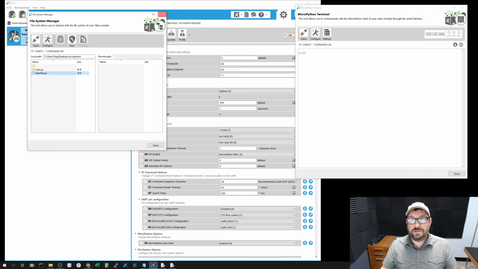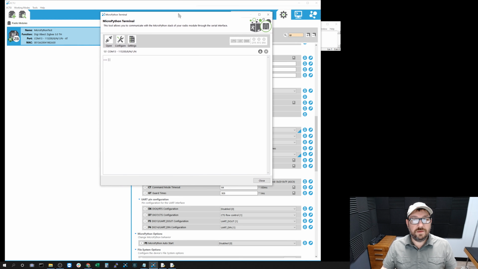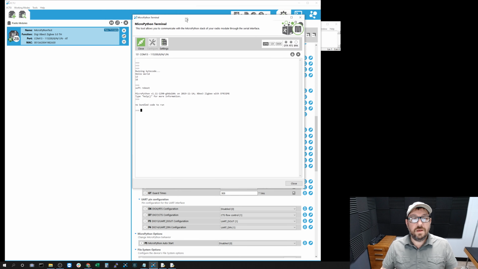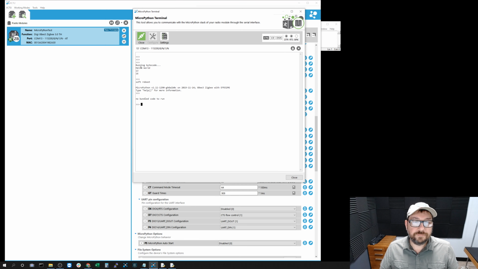We're going to close the file system manager and bring back the terminal. We're going to open this back up because our settings are still the same, just like that. So see how it still has it in memory? Let me do a soft reboot. No bundled code to run. Now, what was going on there is, remember that main.mpy? That file was sitting in the